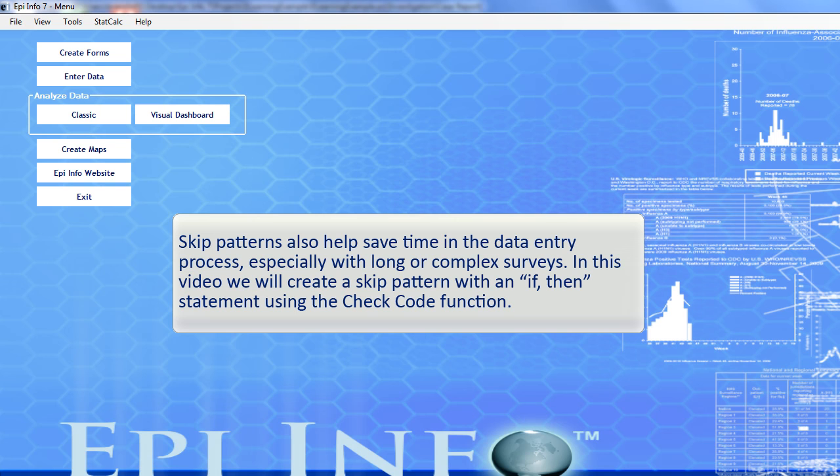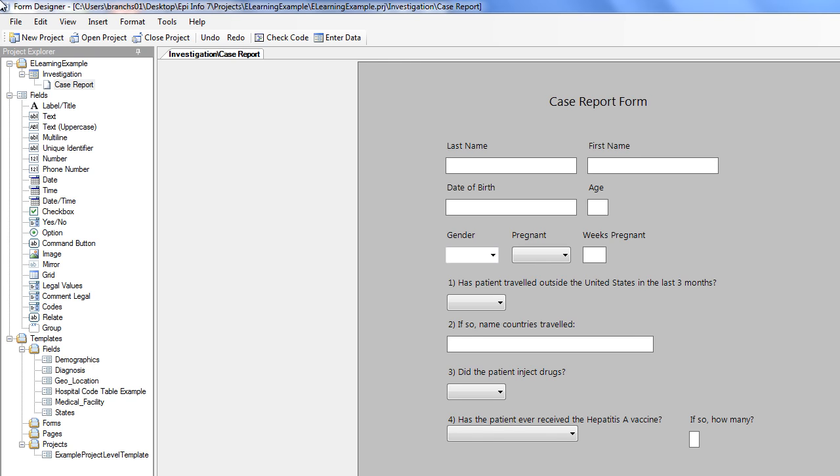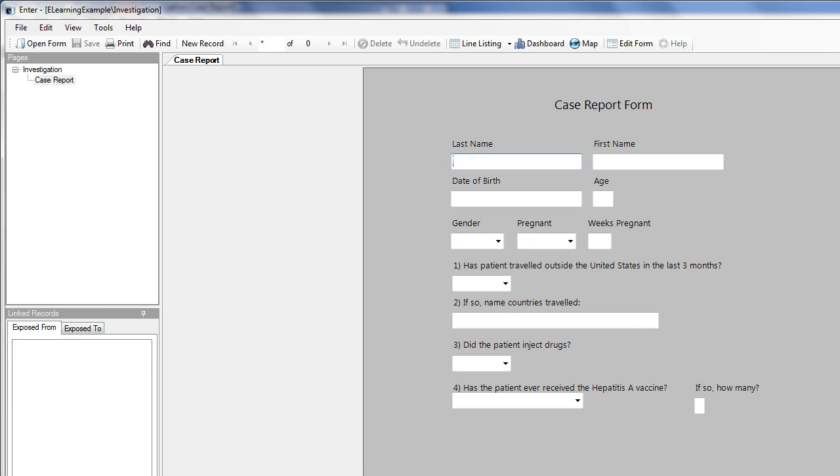In this video, we will create a skip pattern with an if-then statement using the check code function. I'm in the Create Forms module in the Form Designer. However, to double check what I'd like to skip, I need to be in the Enter Data function. What I'd like to skip is if the patient answers male in gender, that will skip pregnant